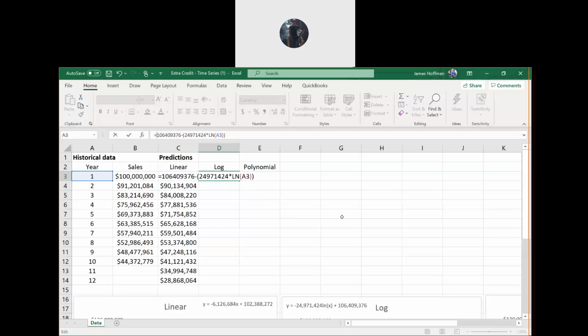So in D3, equals 106,409,376 minus, in parentheses, 24,971,424 times the natural log function. And then inside the brackets there, just type in A3 for the first x. And then I think you need another closed parentheses. So there's your equation.